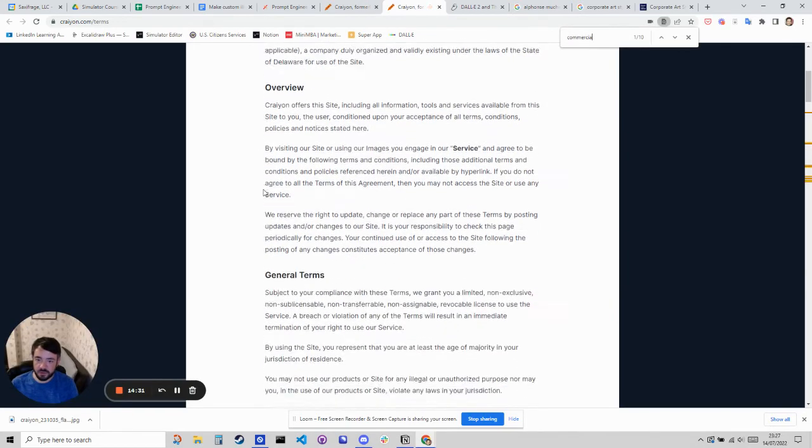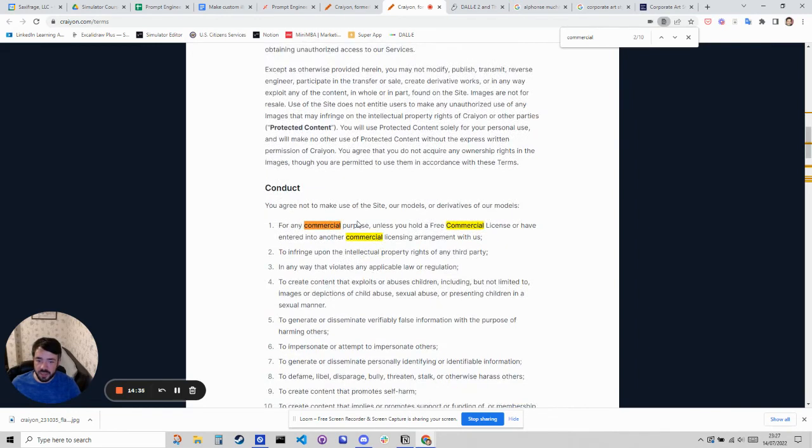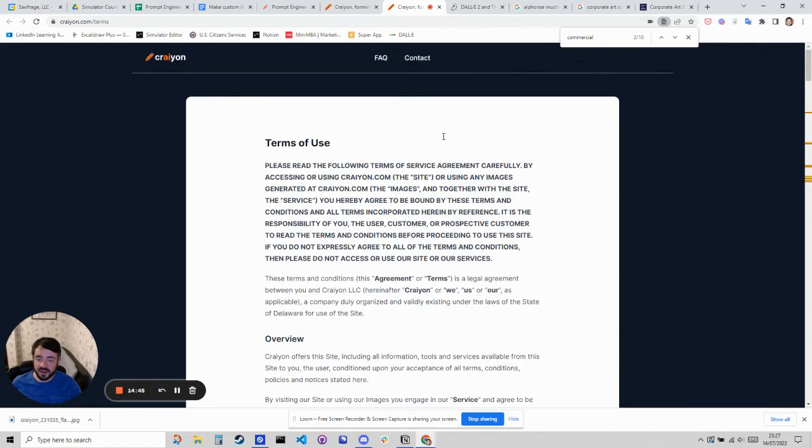So you can search here. You have to enter into a commercial licensing agreement with them if you want to use it for commercial purposes. It's unclear whether just posting on a blog is going to be a big deal. But like if you're using it for a